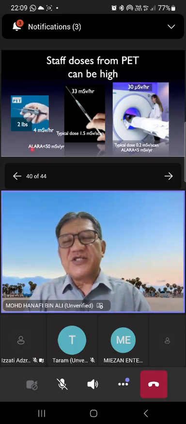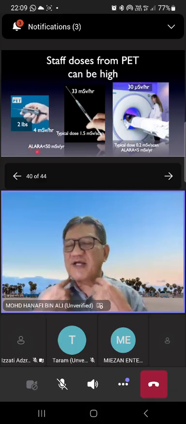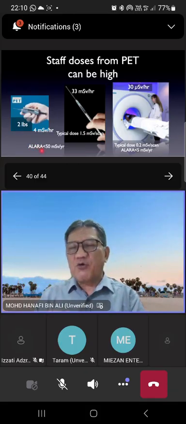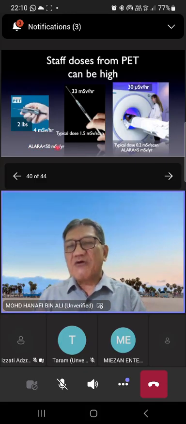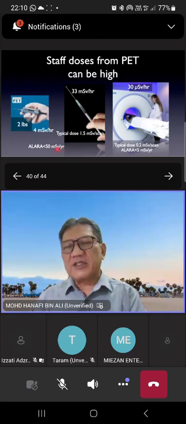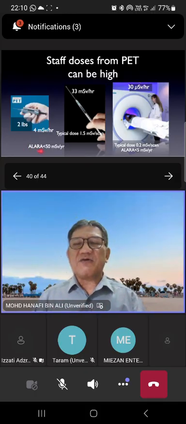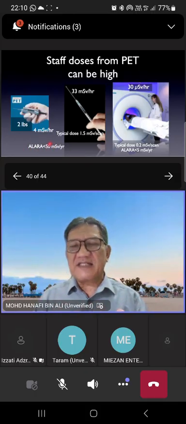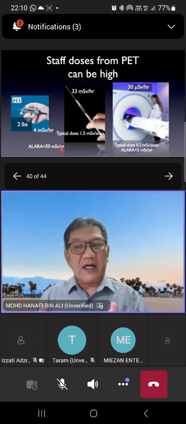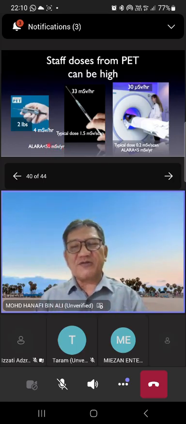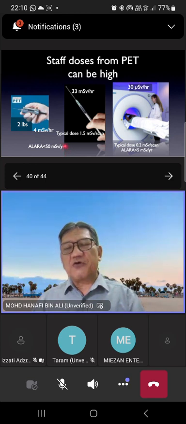For example, CT angio, where we study the brain with contrast injections. Now we also have an injector, an automatic machine. We set everything, then we go out, unless they do a fluoroscopy CT scan. CT scan can also do fluoroscopy now, because the technology is very good. So in that case,